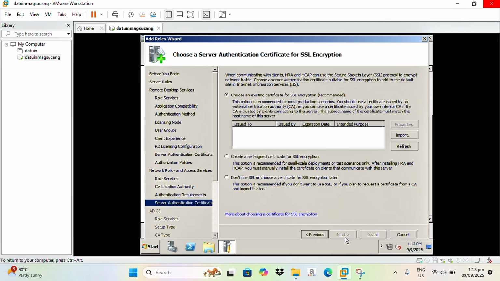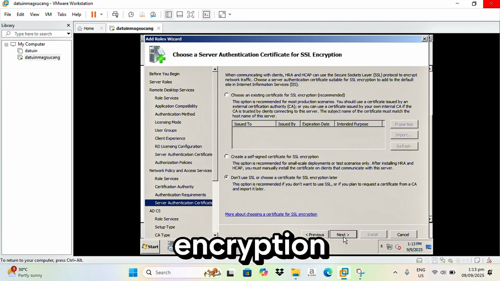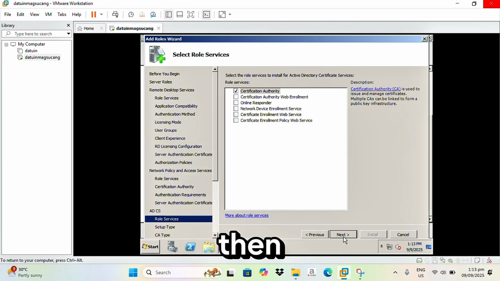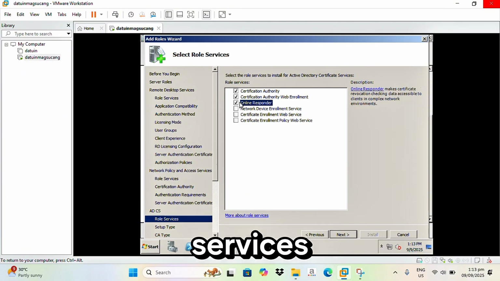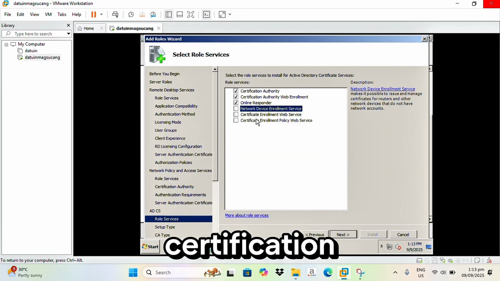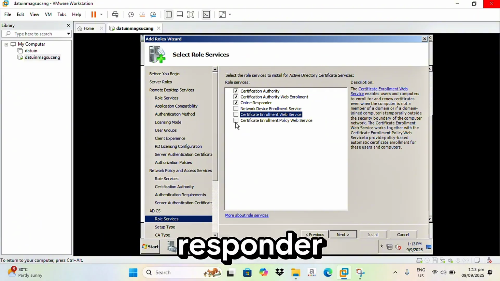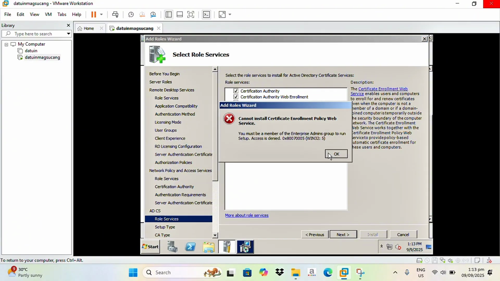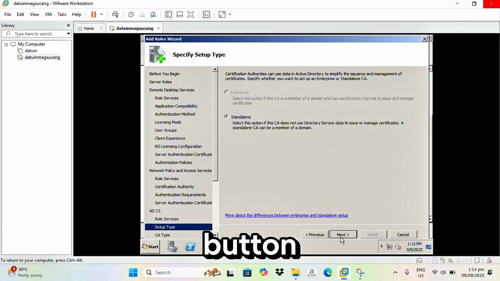And then again, don't use SSL or choose a certificate for SSL encryption later. And then selecting the role services to install for Active Directory certificate services, just check the certification authority web enrollment and online responder. Just click all the next buttons.